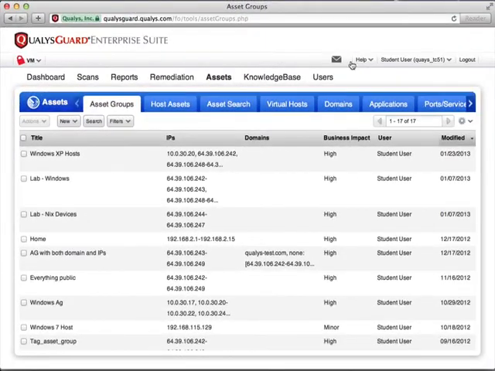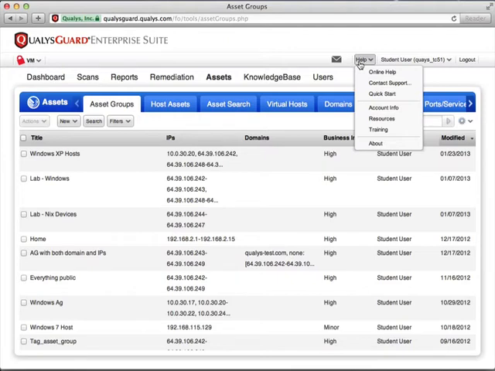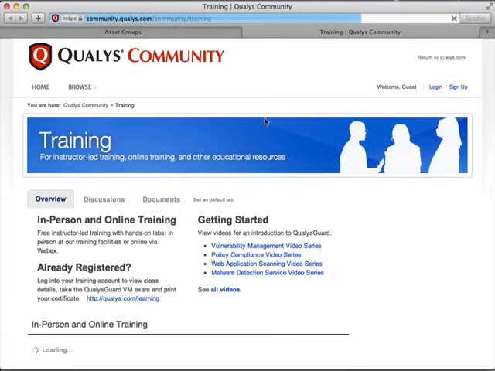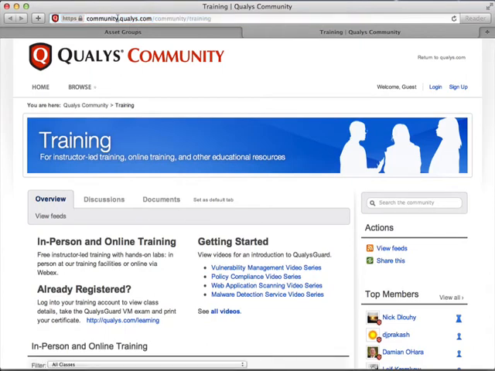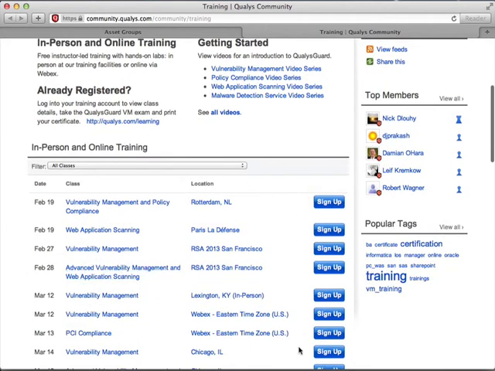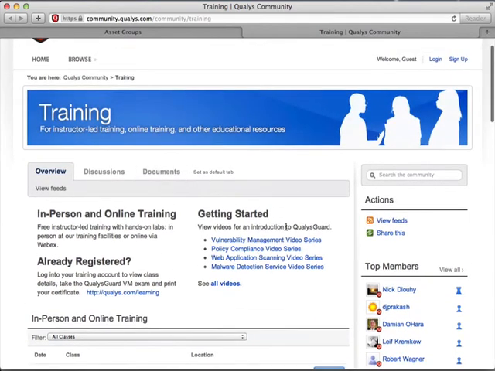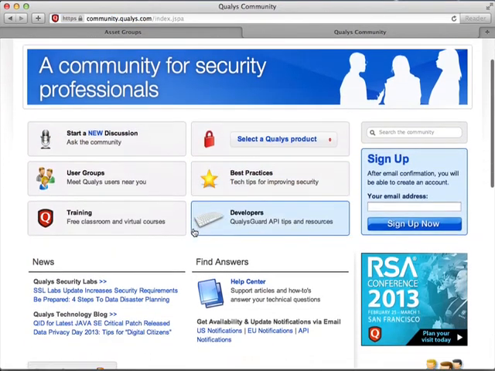Quickly, let's take a look at the Qualys community site. An easy way to get there is by clicking on the Help menu and then Training. A new tab opens and directs us to the training page in the community where we can view training locations, WebEx sessions, and videos. Next, we can click on Home, and we can see the Help Center, where we can